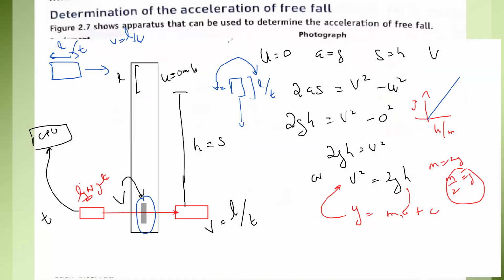If I do this experiment using two light gates, then I will not consider the initial velocity as 0, it will have some value. But this is to make it simplified. That's why we are considering the initial velocity to be 0. So how is v equal to